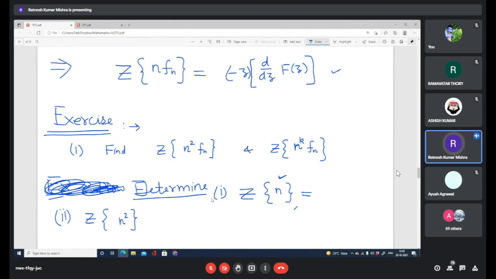Suppose you don't remember this one and you want to find it that way. So there is another way to find, just using this result. You know that